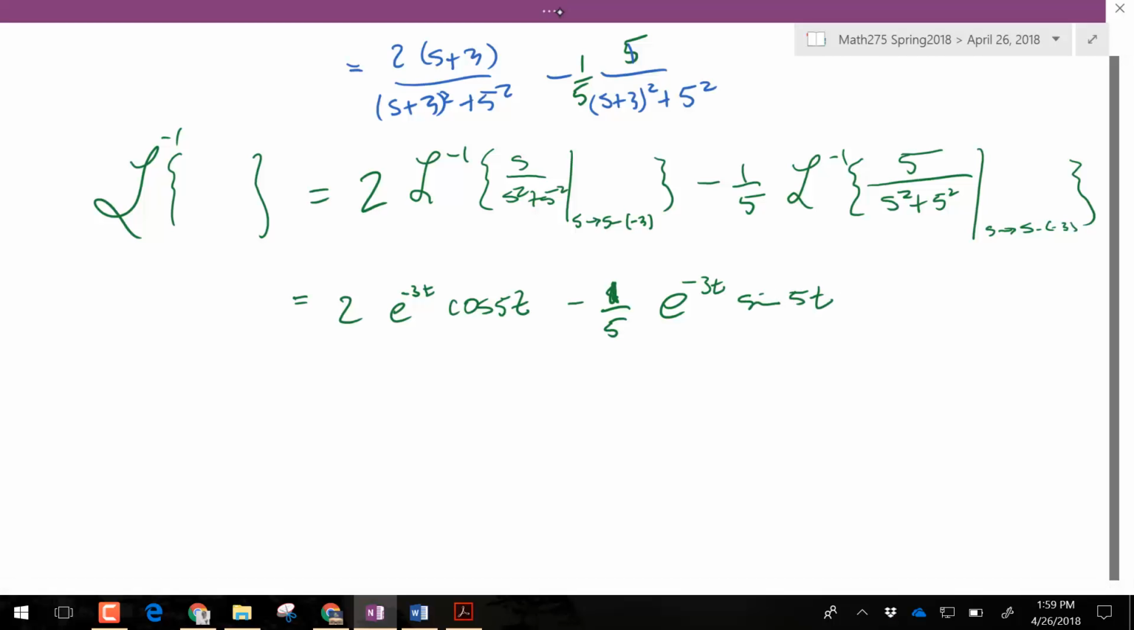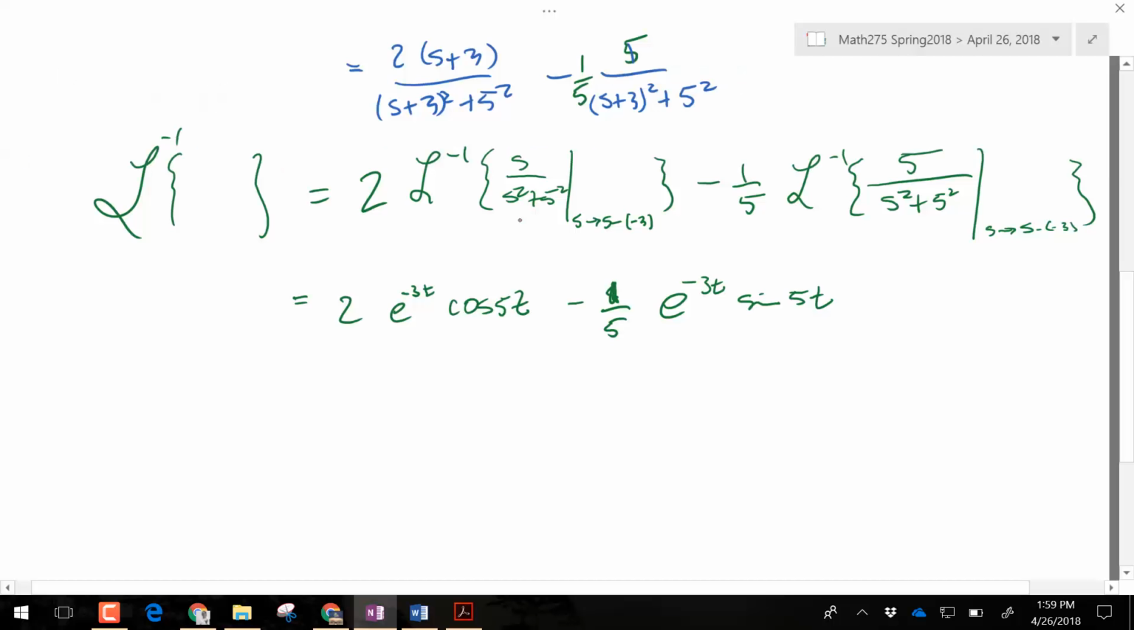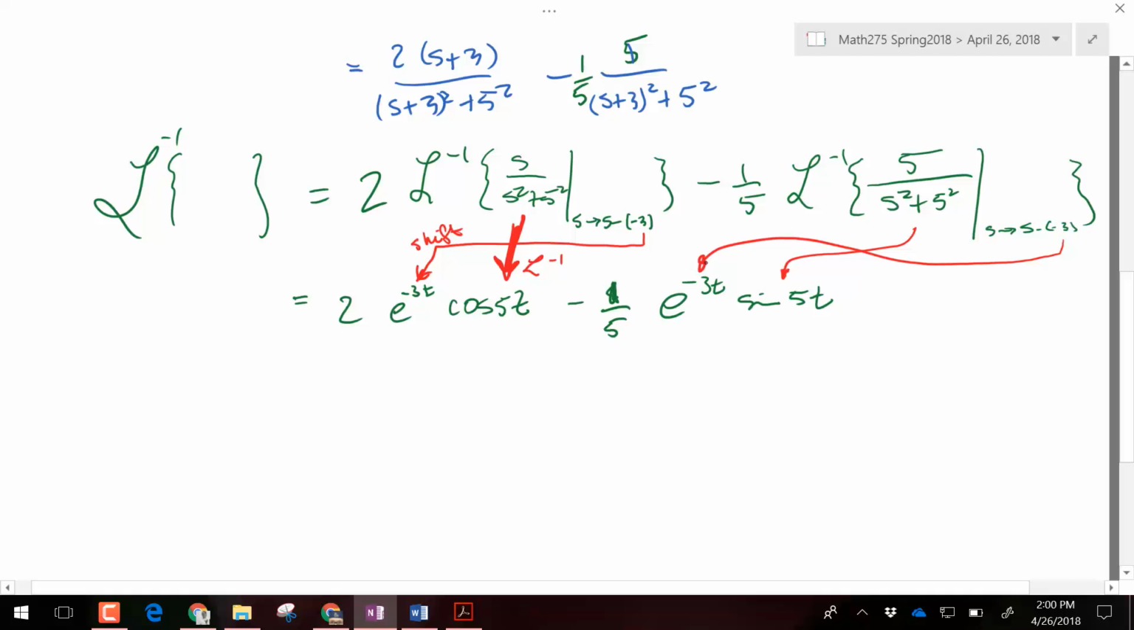So let's see where we got all these pieces of information from. So the regular Laplace transformation, and the shift. So we got the regular Laplace transformation and the shift. Okay. Any questions? All right. Gotta go pick up